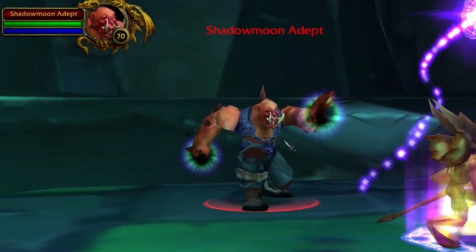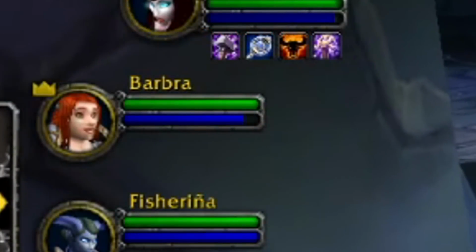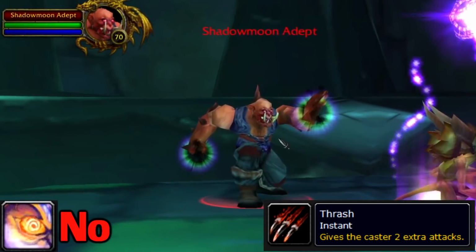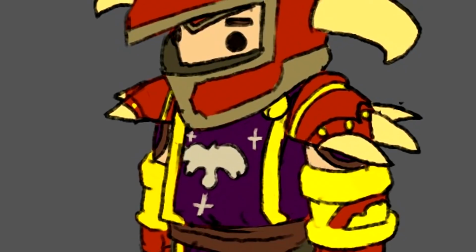This dungeon starts off with a bang, with a room loaded with Adepts. These guys do a lot of damage. They have an ability called Thrash, which will give them 2 extra attacks, so 3 total, and they already hit very hard. They will insta-gib tanks and cause people to look up Blood Furnace Heroic Guide, only to be greeted